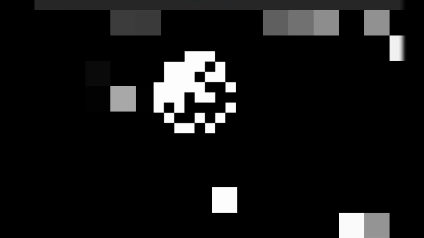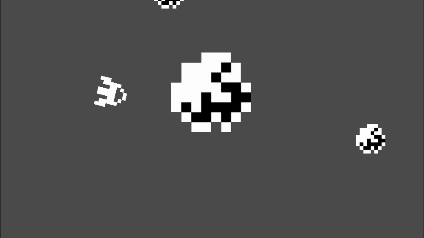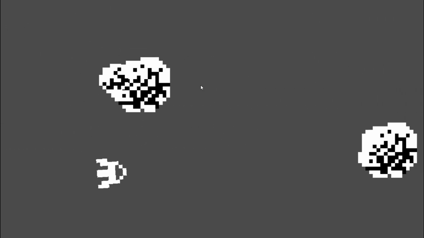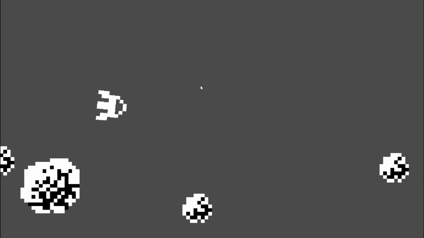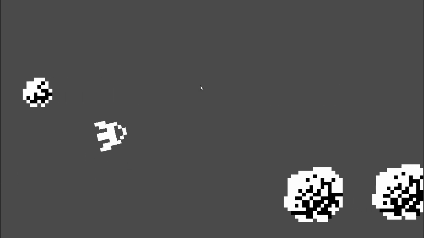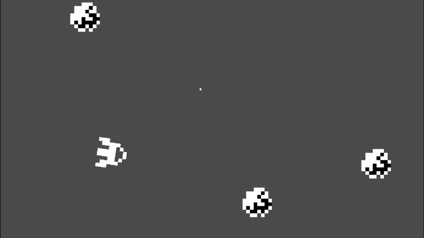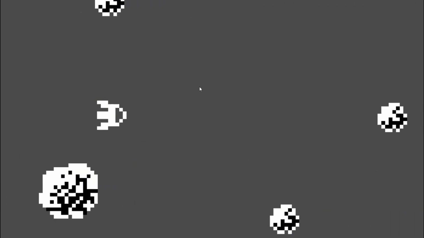When the third day started, I wanted to add some meteors so you could actually die, and there was a gameplay loop in place. So it was quite straightforward. I just followed the tutorial and I learned how to use Area2D and do some collisions, which was really useful.